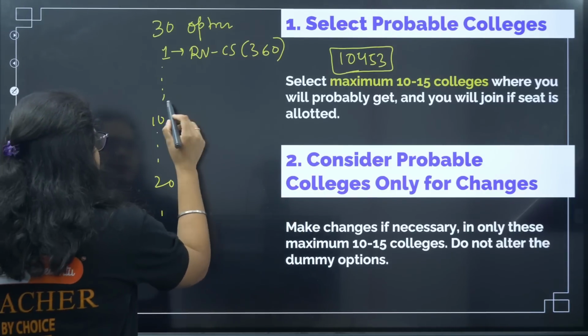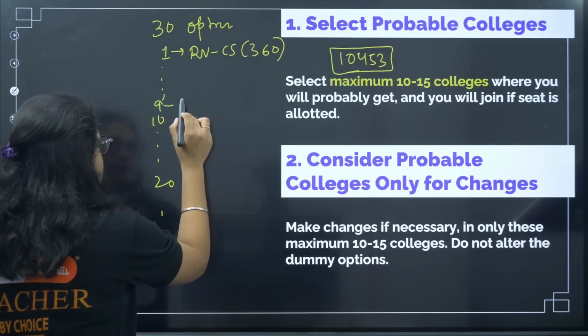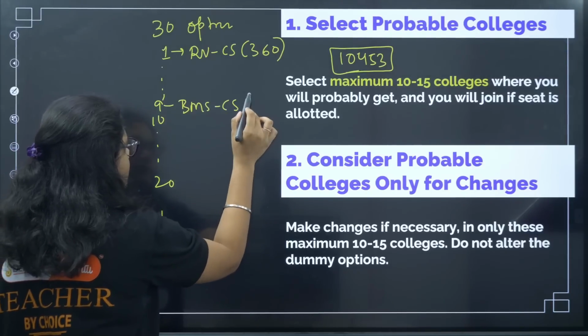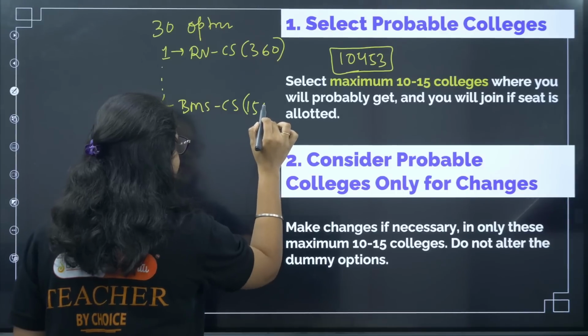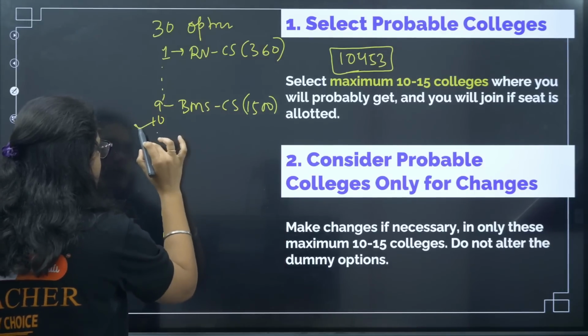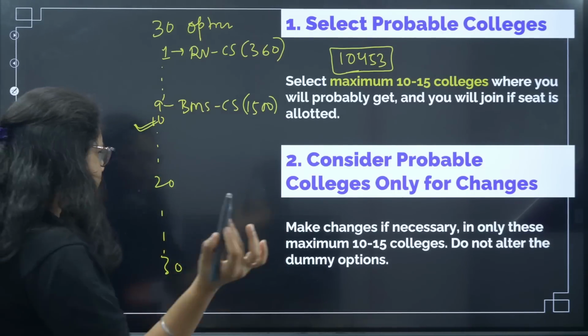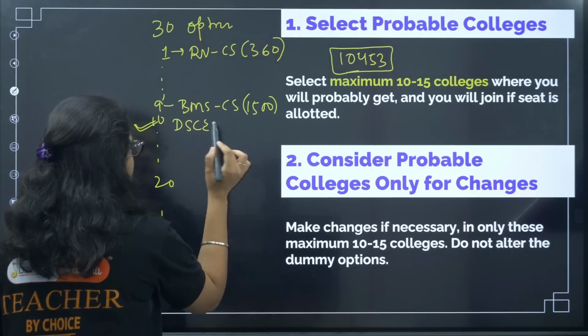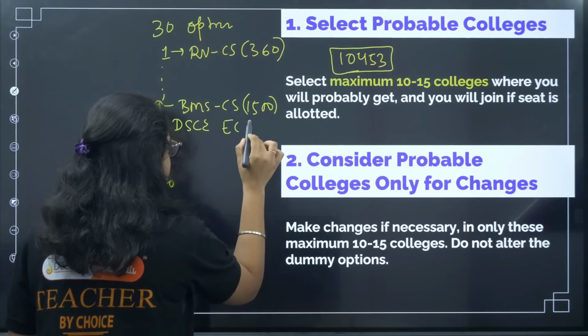Similarly, up to the 9th, your colleges are like that. For example, the 9th is somewhere BMS College of Engineering Computer Science, whose cutoff is around 1500. For the 10th college, let us say for example Dayanand Sagar College of Engineering, here you have put EC, whose cutoff is around